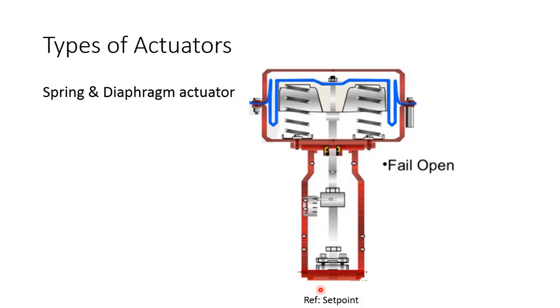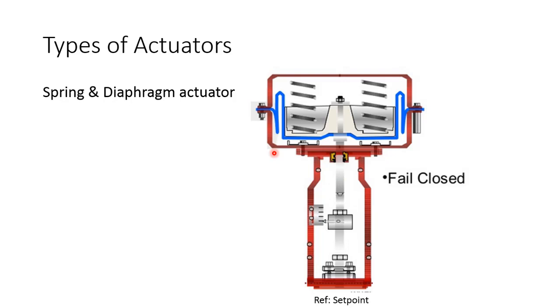We will see different types, as we have seen different types of actuator in the first lecture. We have seen direct acting actuator with a single spring, and here is a direct acting actuator with multiple spring design. The functioning is very similar to the earlier one. The air will enter from the top and shall compress the spring, thereby moving the stem to the bottom side. When the fail condition is there, the spring will move to its original position, thereby the stem moves upward. This configuration is used normally for fail open condition.